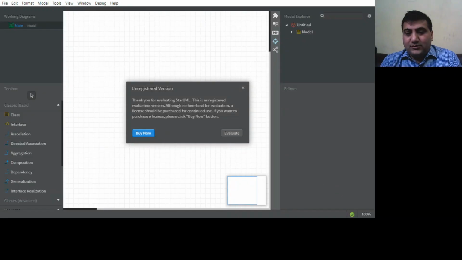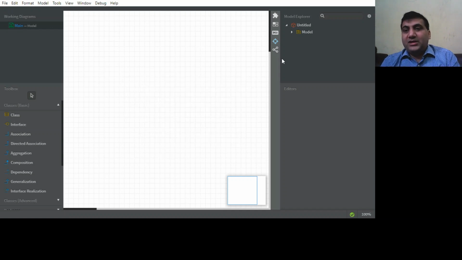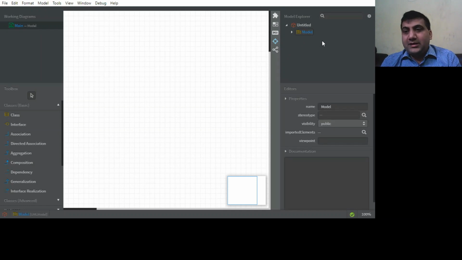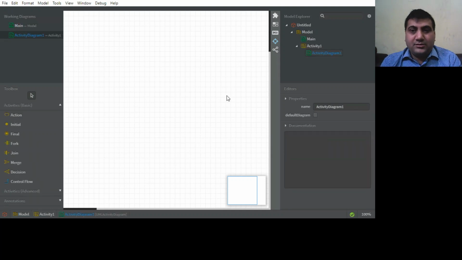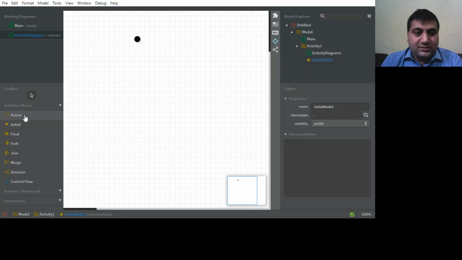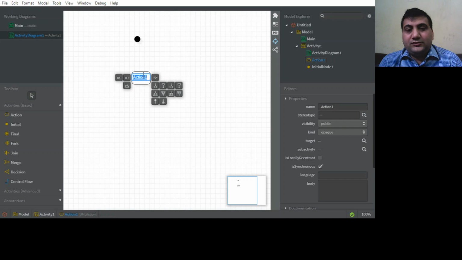How to draw an activity diagram. So guys, I am going to show you practically how to draw the activity diagram. So here this is called the model. We can right click here and add the diagram as you want. Now at this time I am adding the activity diagram. So this is the initial action. You click here and put the action here, and this one is called an action. So we can route, for example, I want to check the mail.